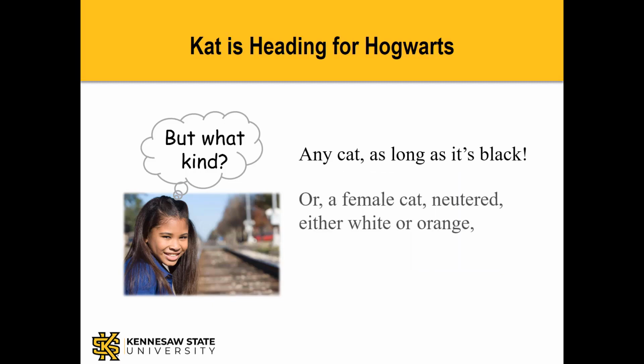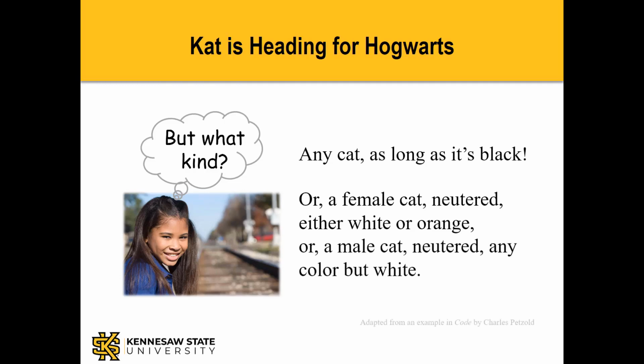What if there are no black cats? Kat will take a female cat if it's neutered because she doesn't want kittens while she's at school, and either white or orange. And if there are none of those, well, a male cat neutered in any color but white. This is a problem that we can solve with the mathematics of true and false, but first we have to